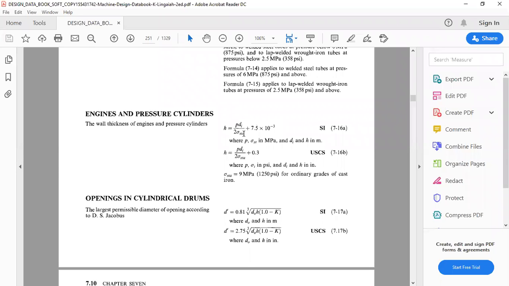So you will get H in terms of meters if you put Di in meters, and P and the endurance stress or the stress limit in megapascal.